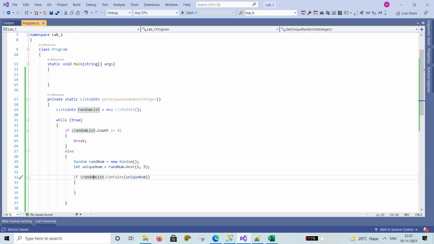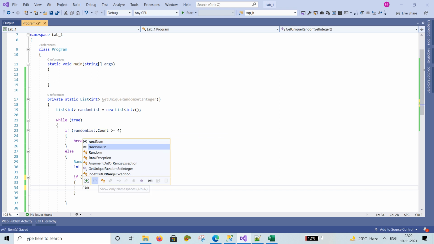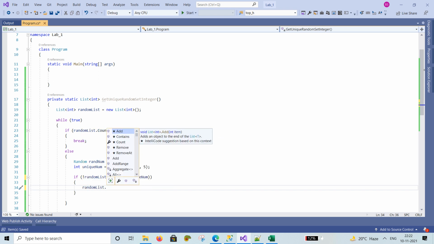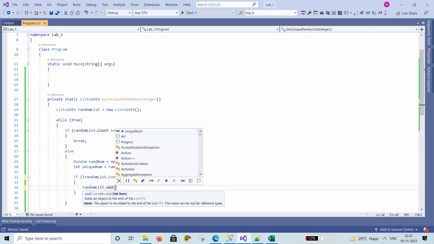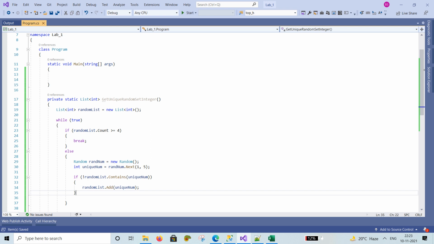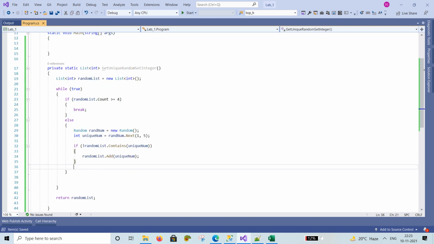So we have set not equal to, and the unique number needs to be added in random list dot add unique number. Here we only add a unique number, not a repeated number.